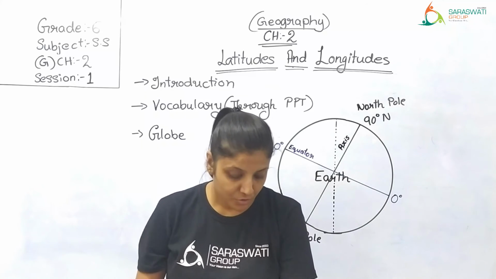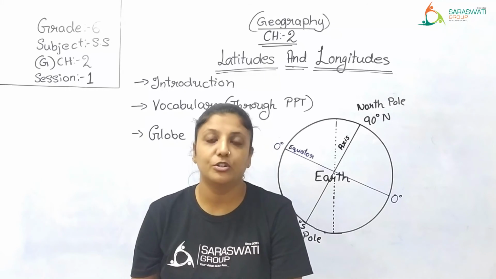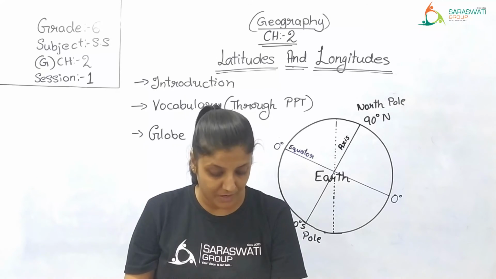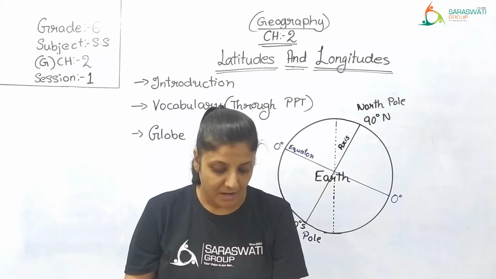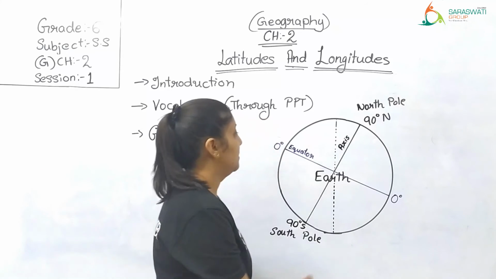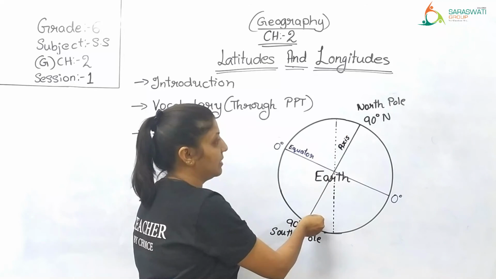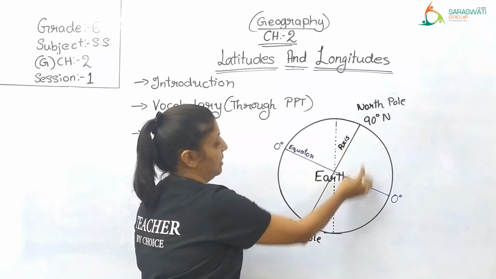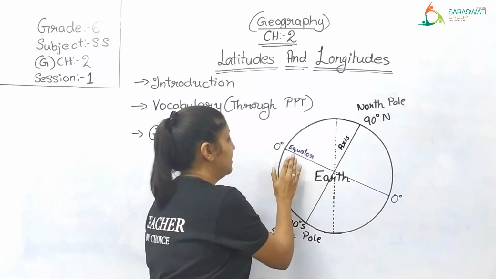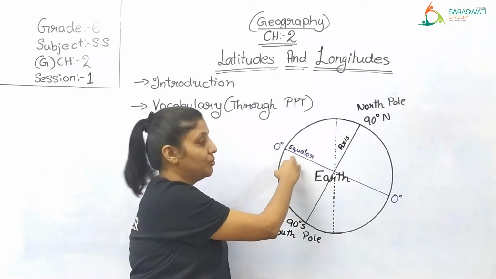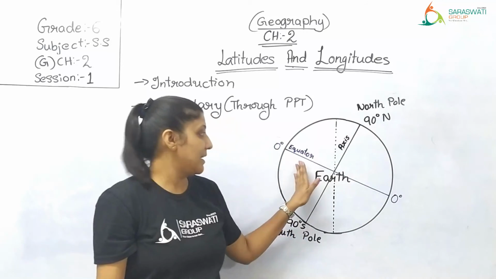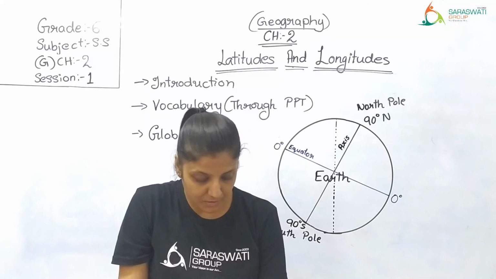The two poles towards the north and the south are called north pole and south pole. These two poles are the two fixed points of reference on the earth's surface and all other lines are drawn with respect to these points. So if I consider this longitude 90 degree, then the rest of the longitudes are drawn in reference to this fixed point. And if I consider this 0 degree latitude, then the rest of the latitudes will move parallel to this line, but this line remains the fixed point. Okay?